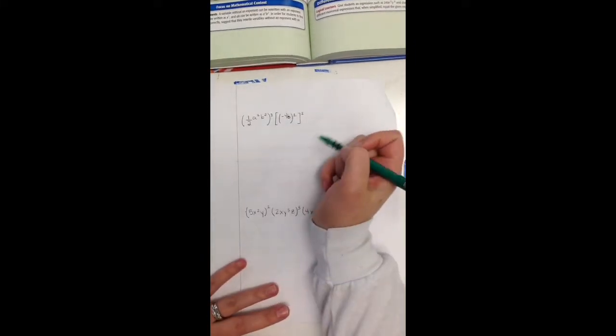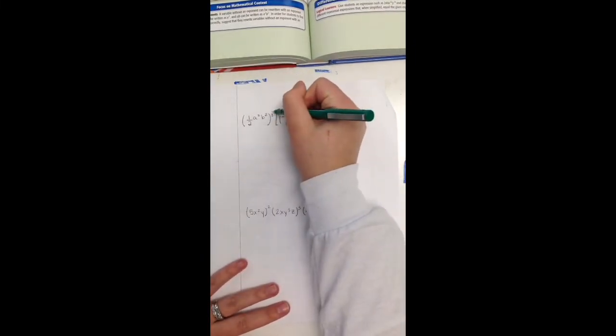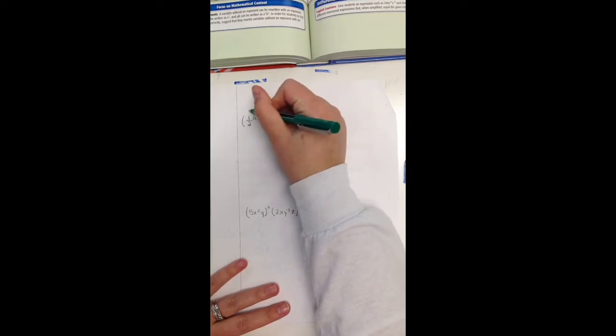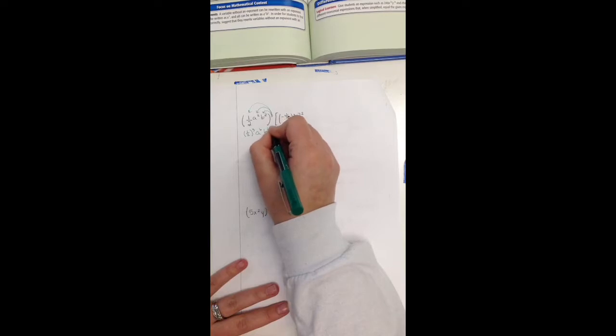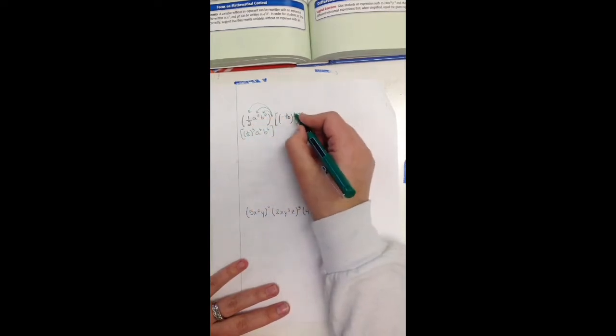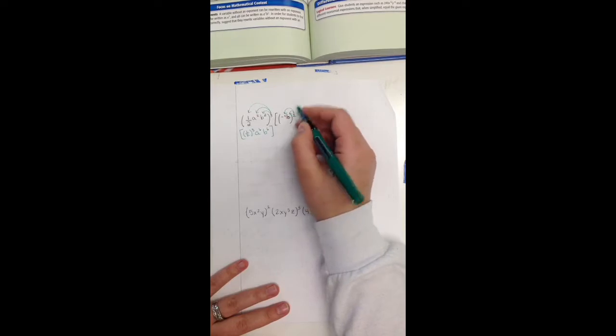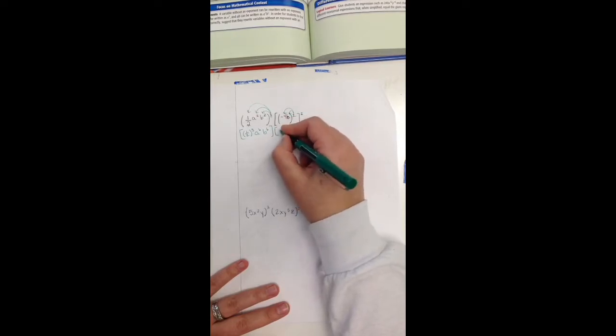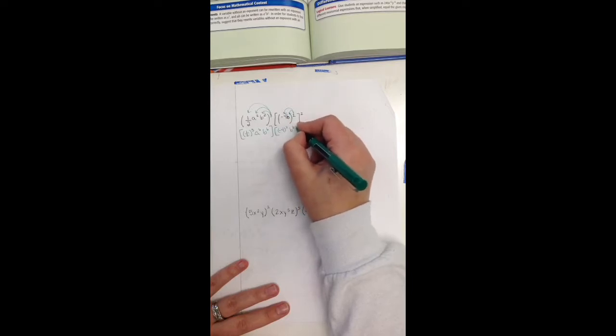So on this one, I'm just going to start distributing. I have 3, I take it to the 1/2, to the a squared, and to the b squared. So I get 1/2 cubed times a to the 6th times b to the 6th, times, and then I'm going to distribute the 2 inside of the parentheses first, times negative 4 squared b squared